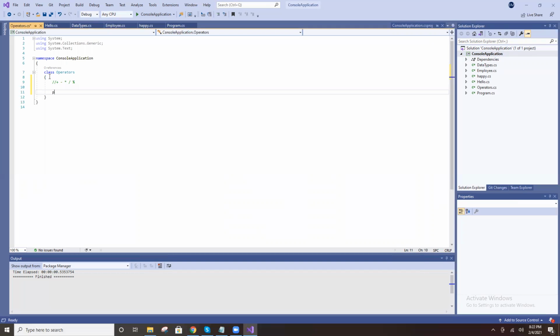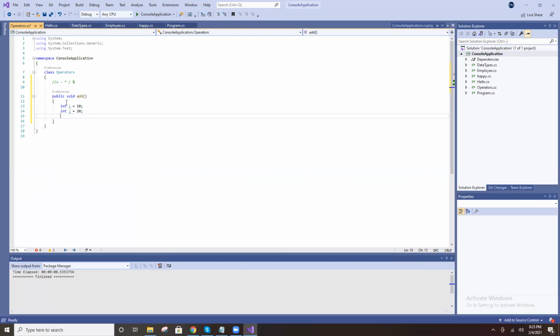I am writing one method, public void add. For example, int i equal to 10 and int j equal to 20. Two variables are there, right?